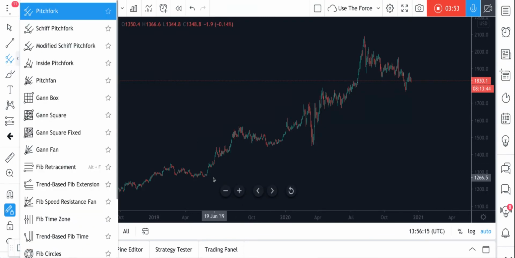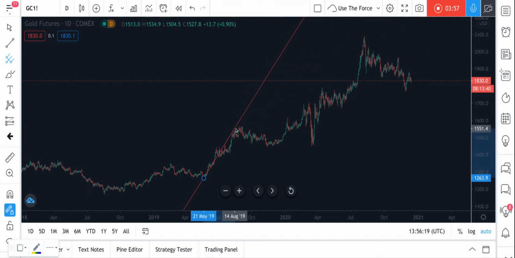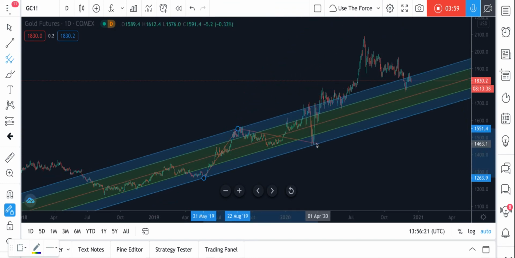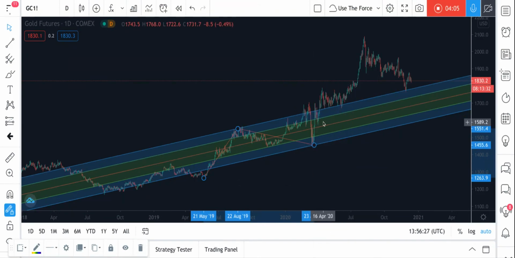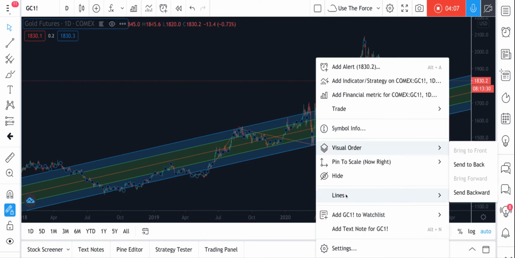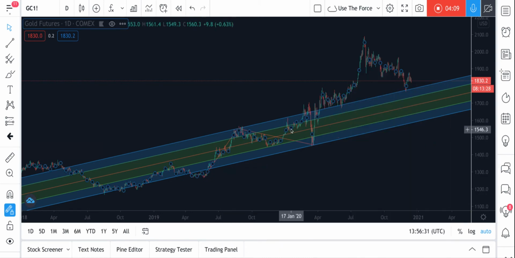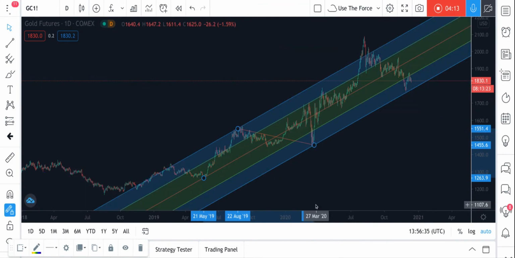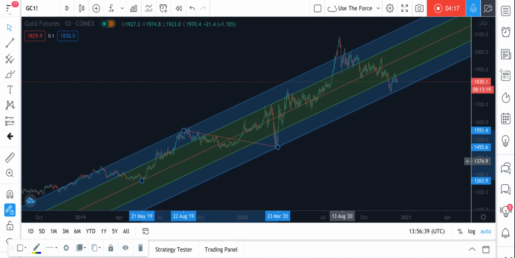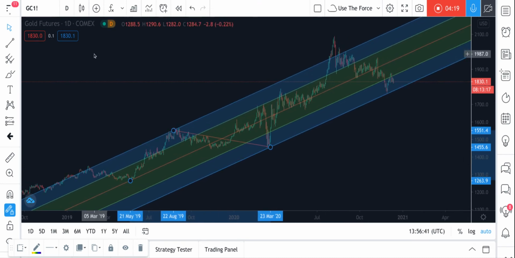Let's try a low, high, low from here. We might go to there, see what that gives me. Standard fork's not giving us too much, so that's modified shift. Yeah, standard fork is giving us something. That looks encouraging.